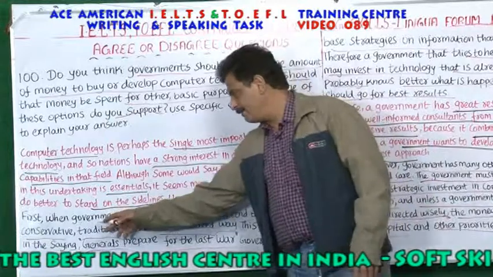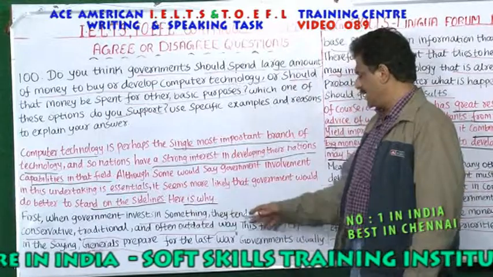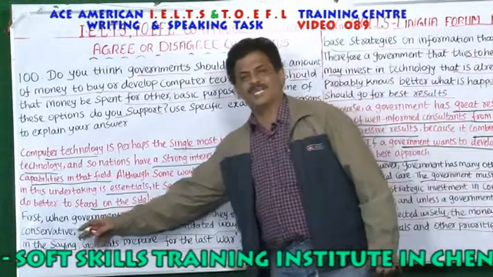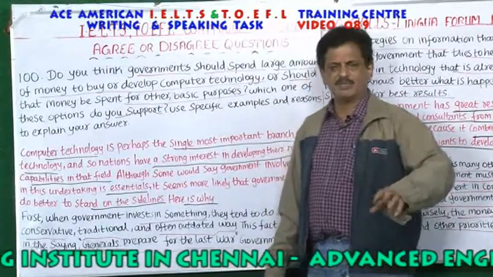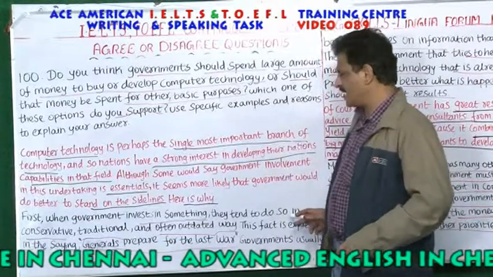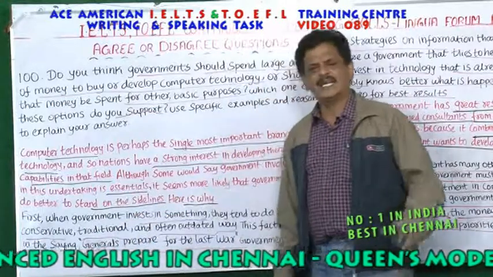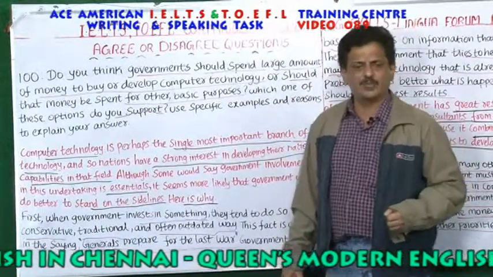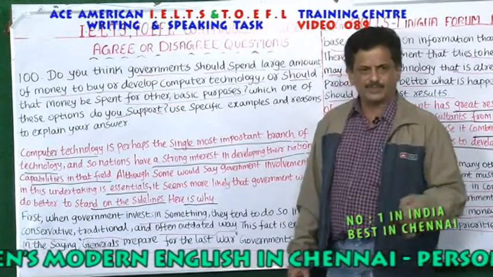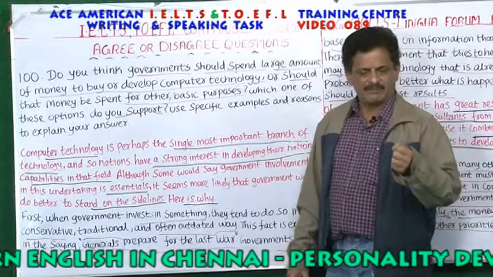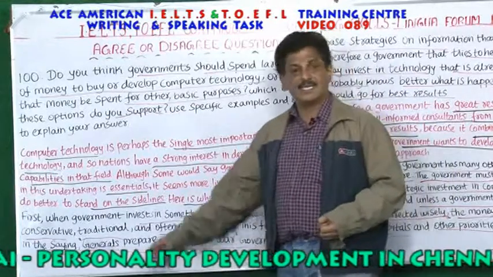First, முதலாவதாக, when government invest in something, அரசாங்கம் ஏதோ ஒன்றிலே பணத்தை கொள்முதல் செய்யும் பொழுது they tend to do so in a conservative way. கன்சர்வேட்டிவ் என்றால் என்ன, பழமை வாய்ந்த. அரசாங்கம் ஏதோ ஒரு பணத்தை செலவு செய்யும் பொழுது தன்னுடைய இருக்கக்கூடிய பணத்தை அந்த அரசாங்கம் என்ன செய்கிறது, பழமை வாய்ந்த திட்டங்களுக்கு செலவு செய்கிறது. Traditional என்றால் என்ன, அதனுடைய கலாச்சாரத்திற்காக மேம்படுத்துவதற்காக. உதாரணத்துக்கு மொழி என்று சொன்னால் அந்த மொழியை வளர்ப்பதற்காக 500 கோடி 1000 கோடி என்று செலவு செய்கிறார்கள். அவர்களுடைய அந்த பழமை வாய்ந்த அந்த கொள்கைகளுக்காக, பாரம்பரியத்திற்காக செலவு செய்கிறார்கள்.